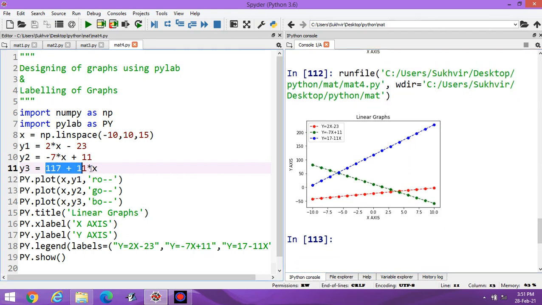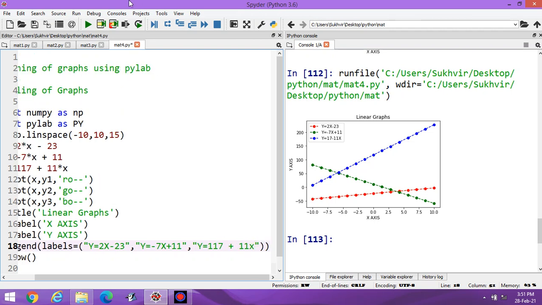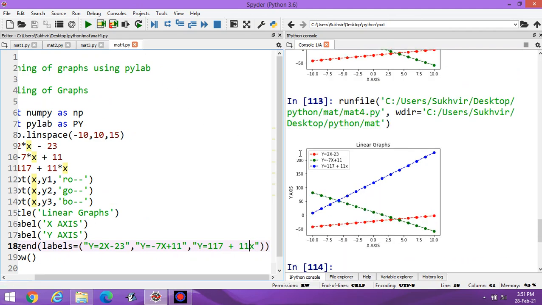You can copy this value and paste here because I am changing this value. You can delete this one and execute the program. You can display accordingly y is equal to 117 plus 11x.